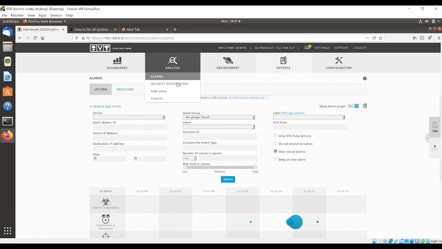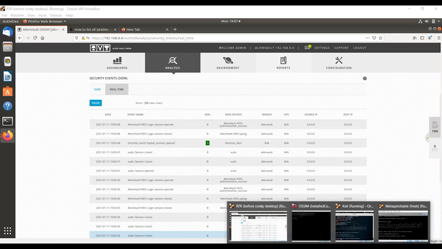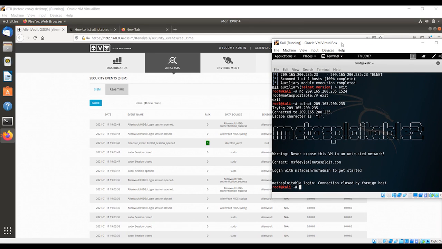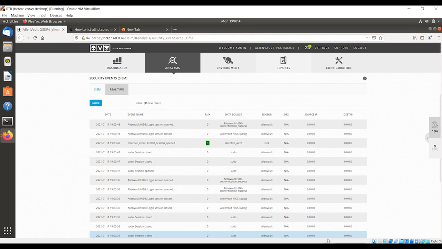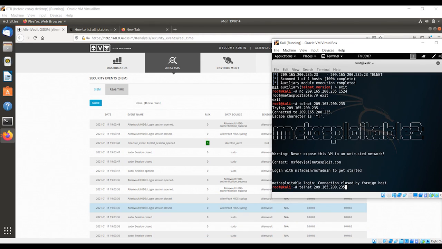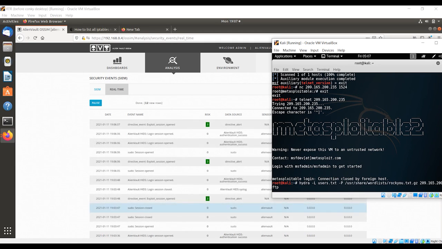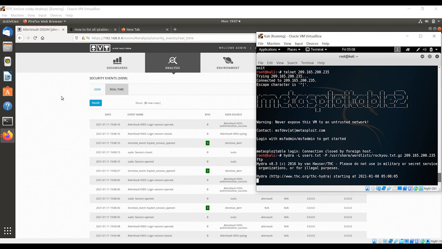So let's go to the events and real time, and then simulate the attack and see how it shows. Okay, let's start with an FTP attack. I have already done it, but this is just for recording. This is brute forcing using Hydra, with the list of the users, a list of the passwords, and the IP address. You can see here the IP address of the Metasploitable machine. So let's hit enter, and then